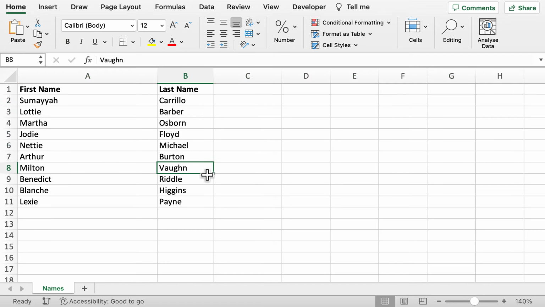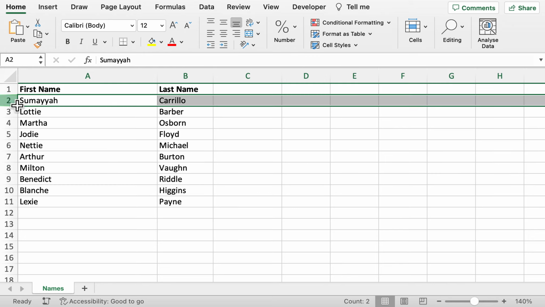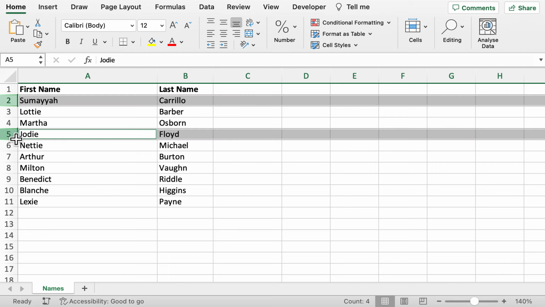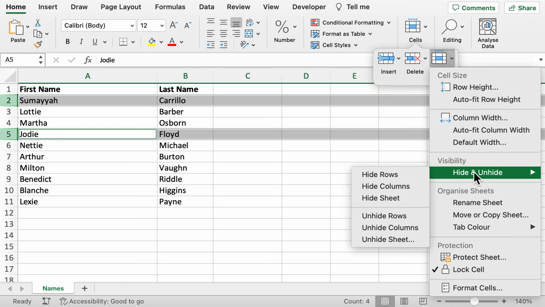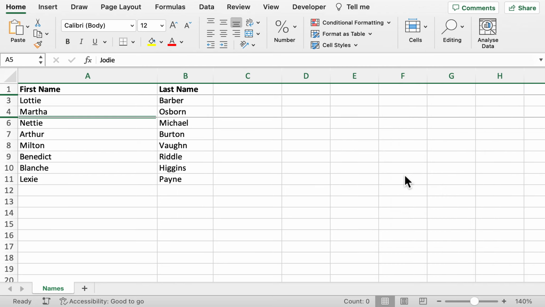If you want to hide rows that are not consecutive, what you can do is I'm just going to select this row here, then I'm going to hold down Command and select this row here. Then we can head over to the Home tab and head over to the Cells option, and within Format we have the option here to then hide the rows. So I'm just going to press Hide Rows, and as you can see there, as easy as that,